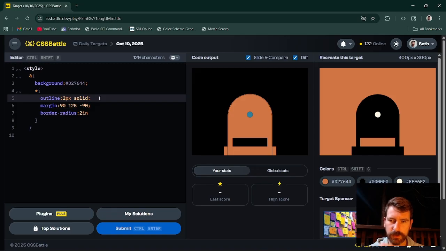If I do the radial gradient on the body, and I do white to black, I can position it. No, I already lost my train of thought. If I do a circle, I can do an offset box shadow inset. And then I need to make squares, which will mean undoing the border radius. But if I keep it a square, get rid of the border radius, keep it a square,